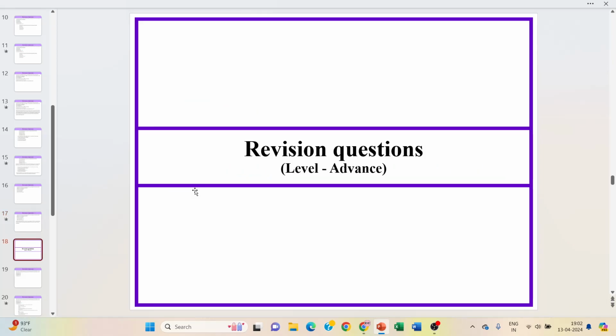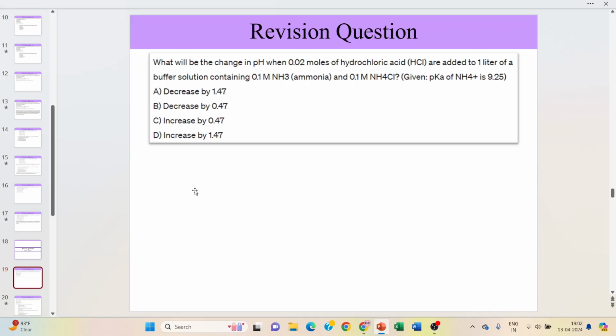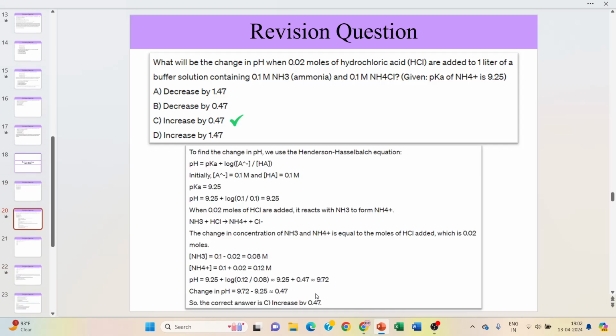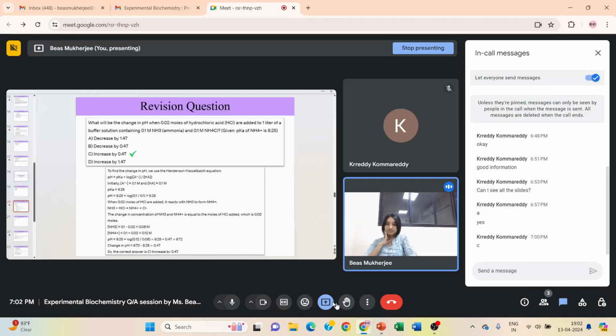Then we have the advanced level revision questions. So this is a small numerical in which they are asking you: if 0.02 moles of HCl is mixed with a buffer solution containing 0.1 moles of ammonia and 0.1 moles of ammonium chloride, then what is going to happen? So for this you need to remember Le Chatelier's principle, and you know that what happens here is that